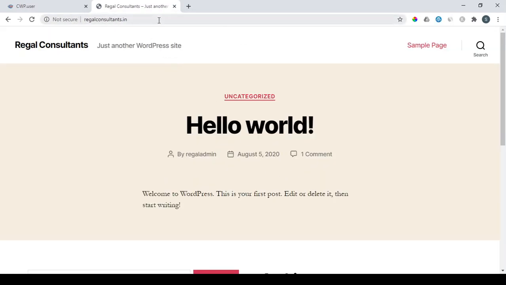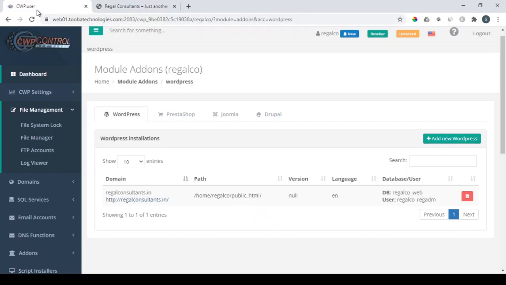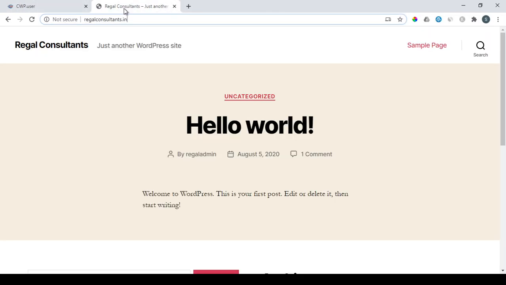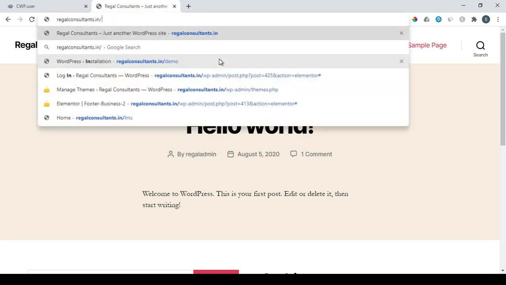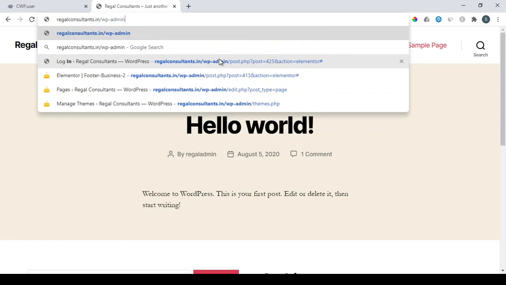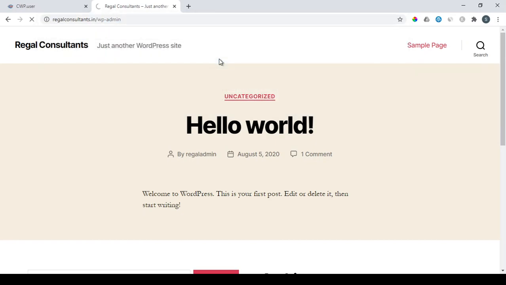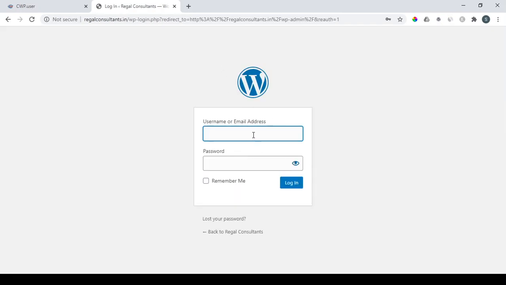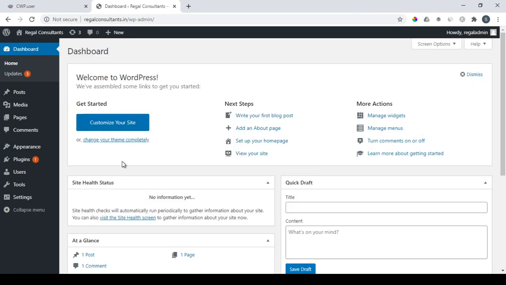This is your website. Now what if you want to log into WordPress, not the control panel? Control panel part is done. Once you want to log into WordPress after its installation, type /wp-admin after your website name. It will present you with this username and password window. You remember that username and password that we gave in the previous tab? Just type that username and password here, click on login. You will be able to log into your WordPress installation. This is your WordPress dashboard. From here, you will continue with the WordPress customizations, your website customization, and other steps.